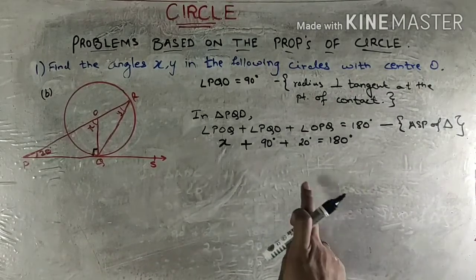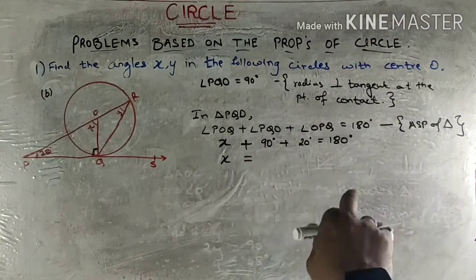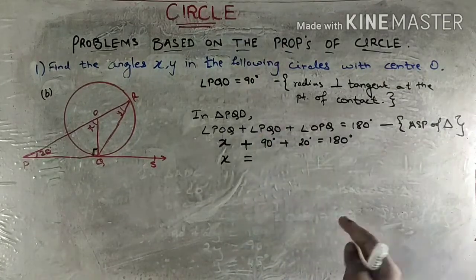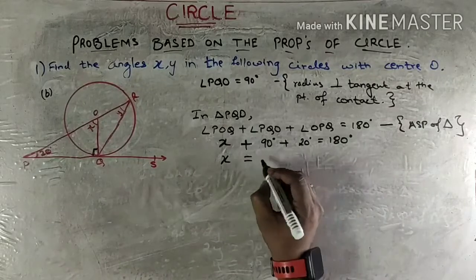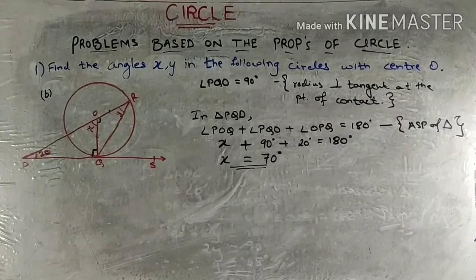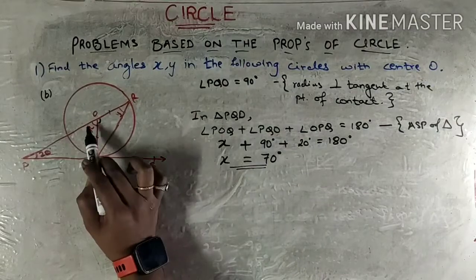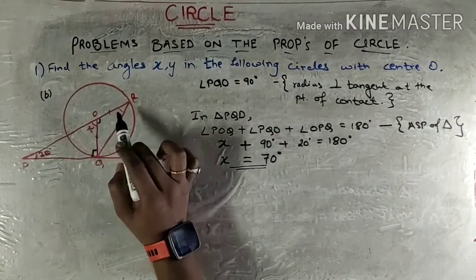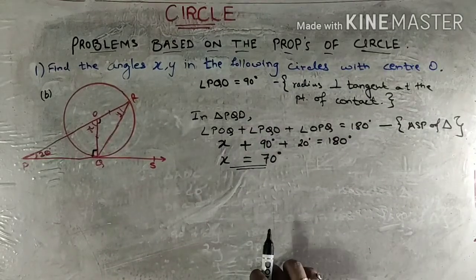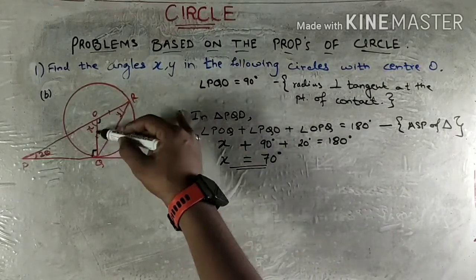Now this becomes mental math. I'll keep the unknown variable on one side, all the known numbers on the other side. 90 plus 20 will give me 110. Subtracting 110 from both the sides, 180 minus 110, we get 70 degrees. Let's move on to my next target to find Y. We see that this angle POQ, that is X, and angle QOR are linear pair angles. So their sum will be 180 degrees. With that I'll be able to find QOR. And the next thing is, see this triangle QOR.